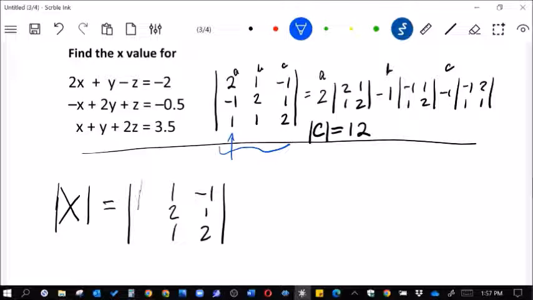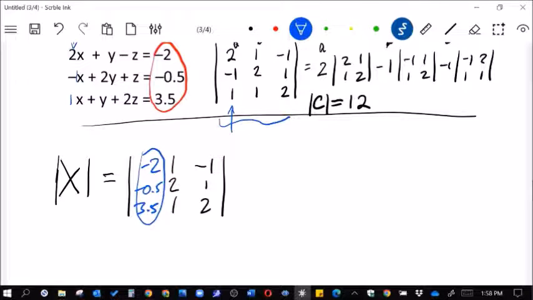And in this place, we're not going to use the 2 and -1 and 1 that were the coefficients of the x. Instead, we're going to use the answer parts for each of the equations, the right side answers to it. So now I'm going to put in -2, -0.5, and 3.5. And then we're going to find,